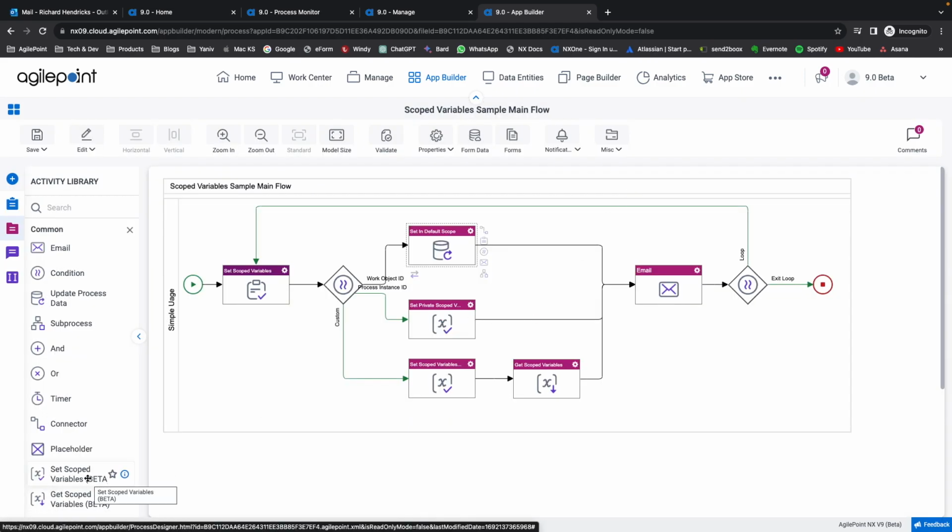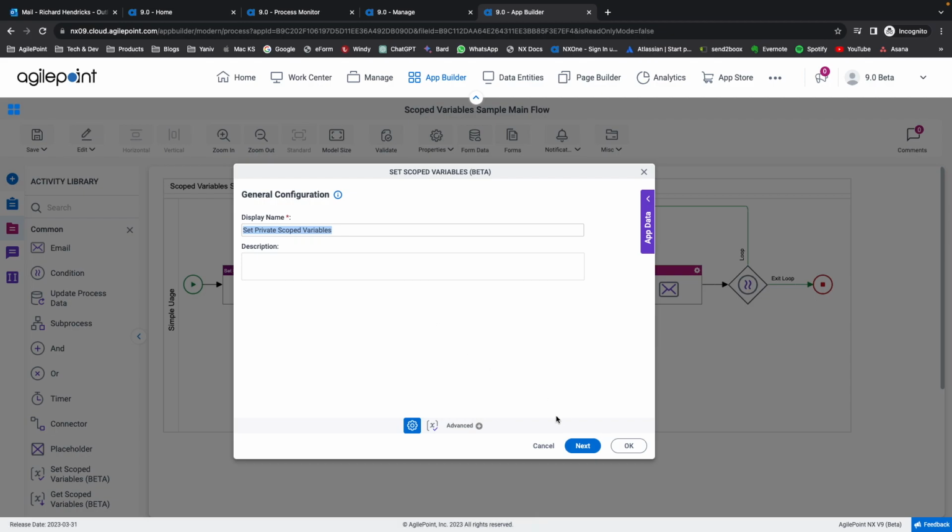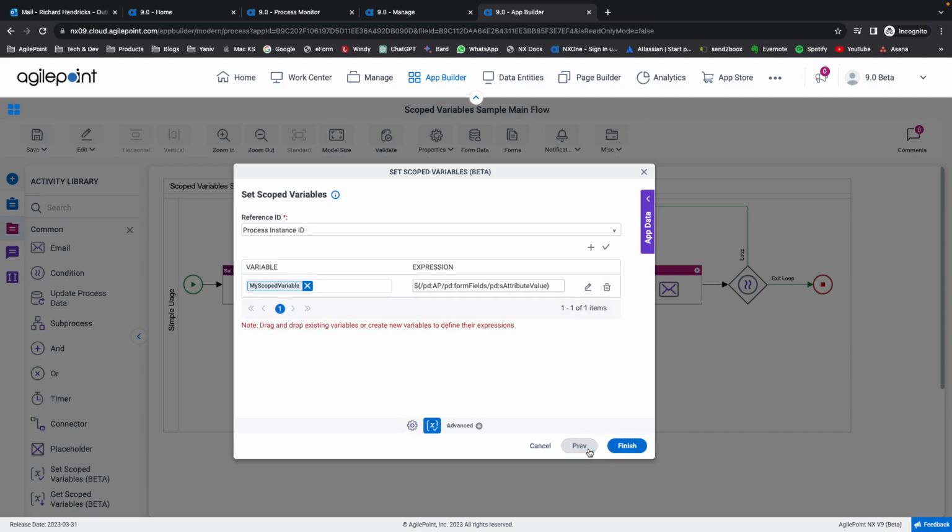activity has been added. Now if we want to store the variable inside the process instance ID, then we use the set scope activities. Okay, and this activity starts with a display name and then an optional description. It's quite similar to the update process data with one exception. We have the option in here to select the scope in which we want to store the